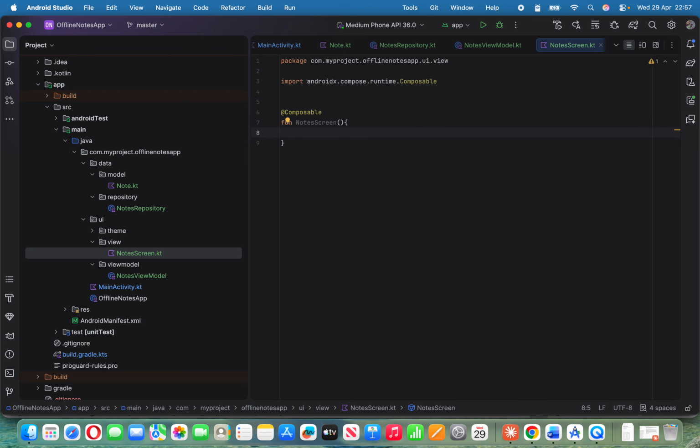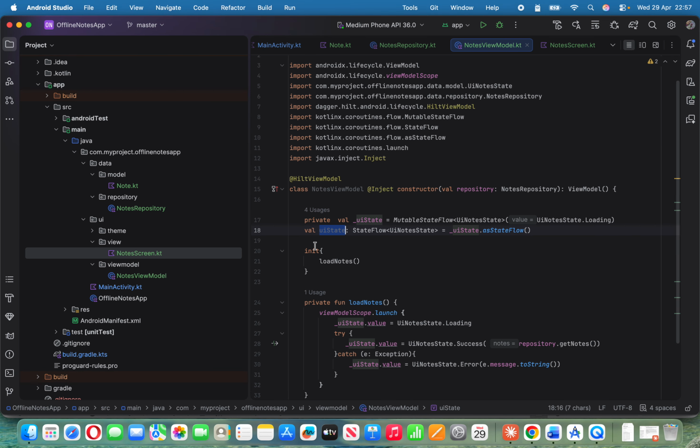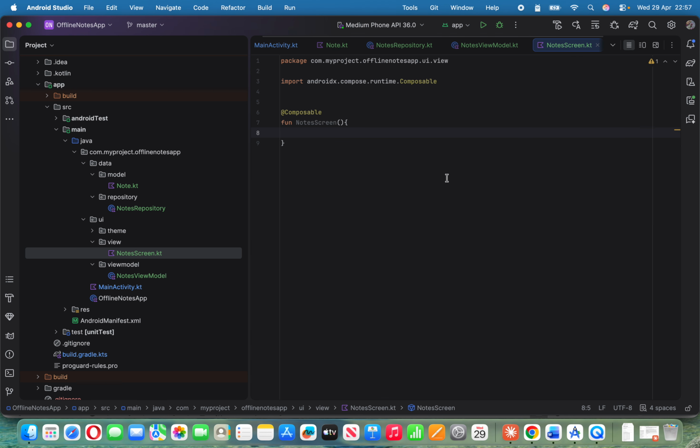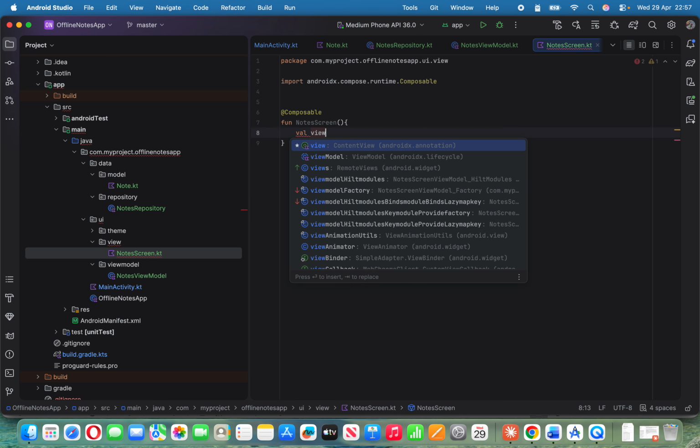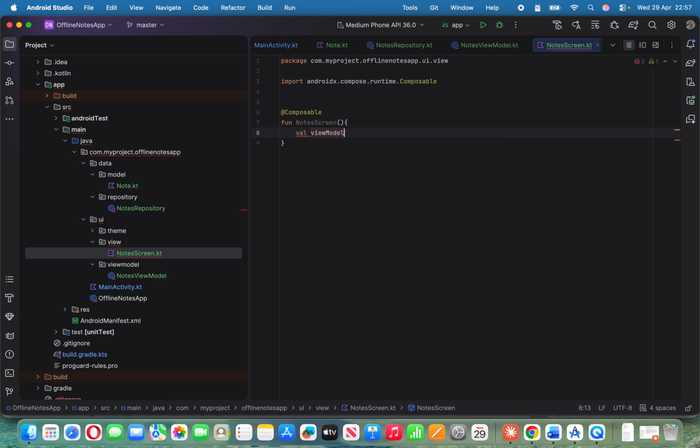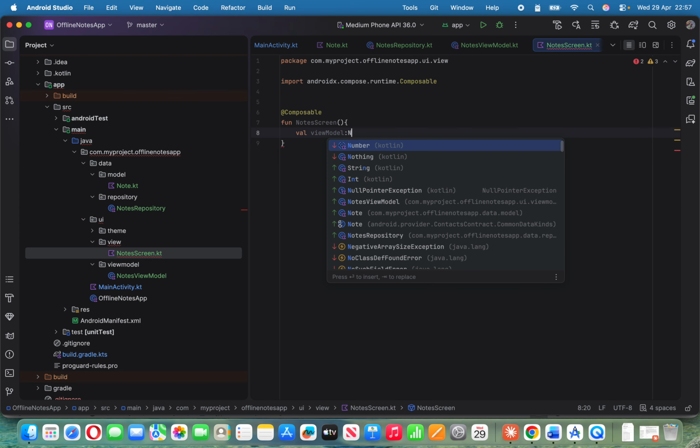So this is our first composable function where we are going to listen to this state, that means the public variable. First of all, we need to create an object of this view model here. So let's create an object first called viewModel. You have to assign that, so you have to give the type. What kind of view model is it? It is a NodesViewModel,